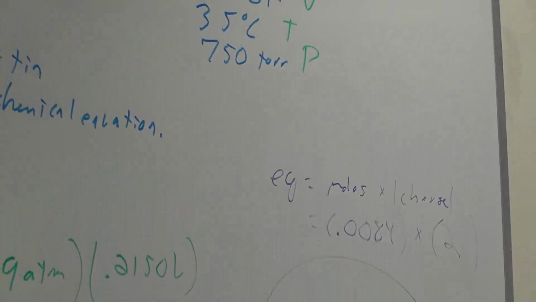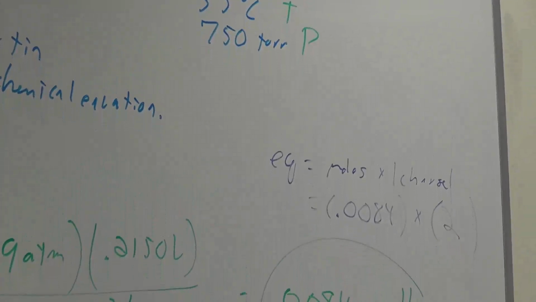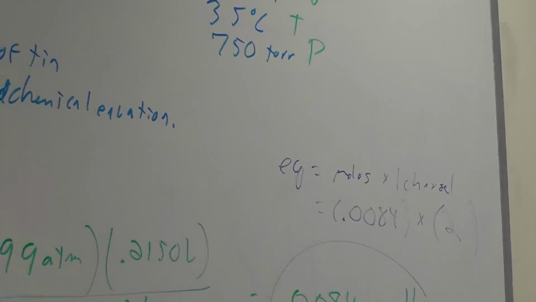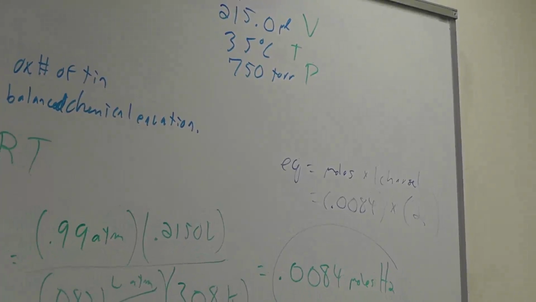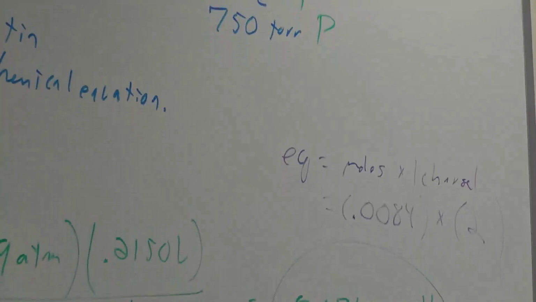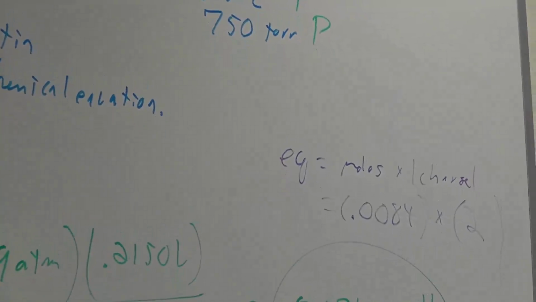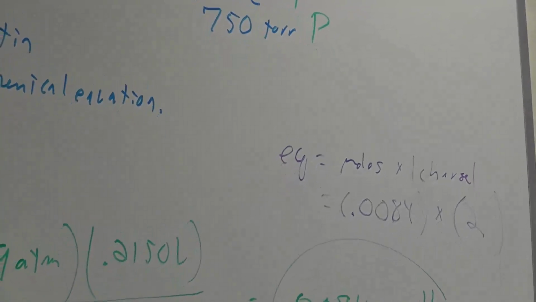You've got to account for the fact there's two of them. H in a compound would become H+, but H2 as the element becomes two H+, and so your charge there is 2. So moles times 2